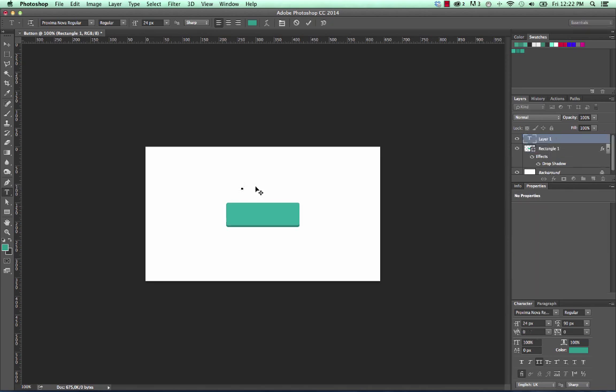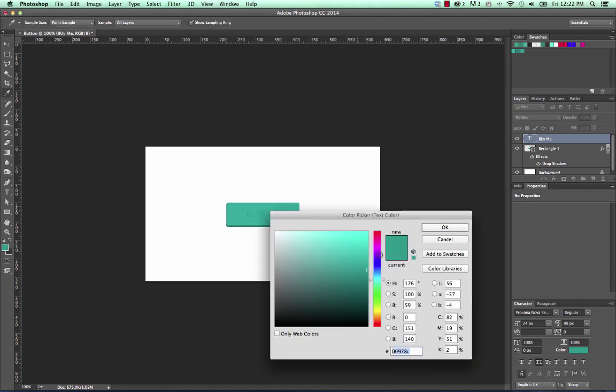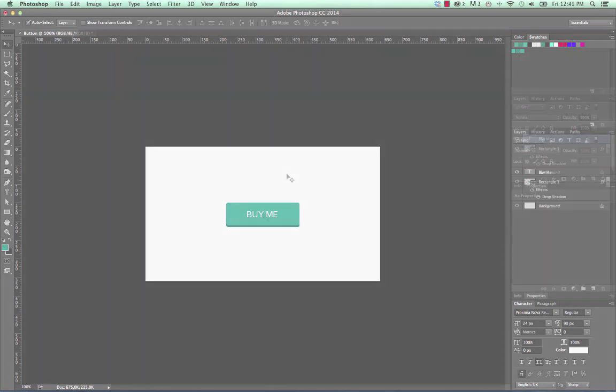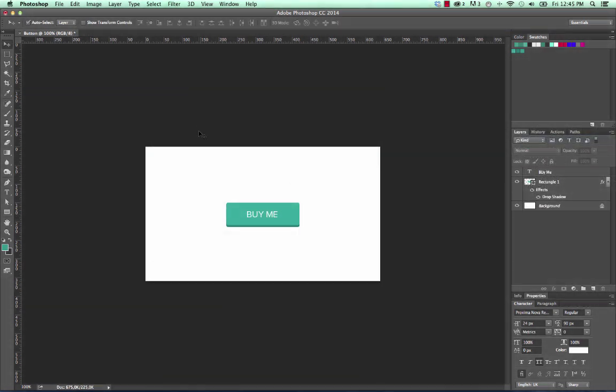Let's grab some text, and I'm going to create some text here that says "Buy me," and sort of position it on the button in the center more or less, and just change the color to white. Okay, next thing we want to do is create a hover state for our button. So I'm going to head on over here to the layers palette, and I'm going to use the shortcut Command G,